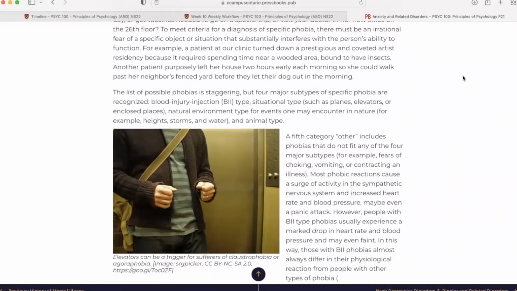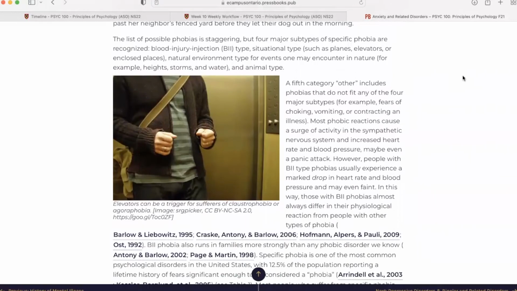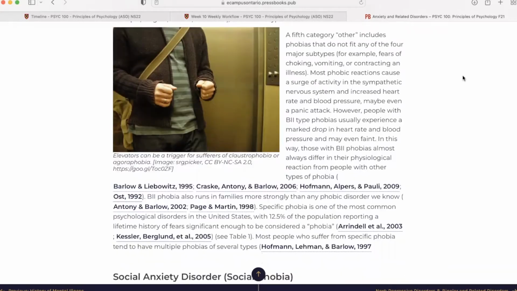The list of possible phobias is staggering, but 4 major subtypes of specific phobia are recognized: blood injury injection type, situational type, such as planes, elevators, or enclosed places. Natural environment type for events one may encounter in nature, for example, heights, storms, and water, and animal type. A fifth category, other, includes phobias that do not fit any of the four major subtypes, for example, fears of